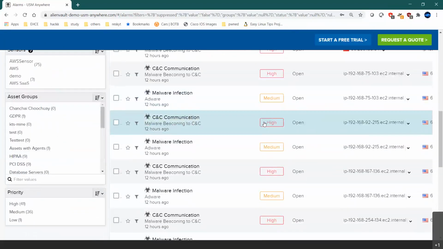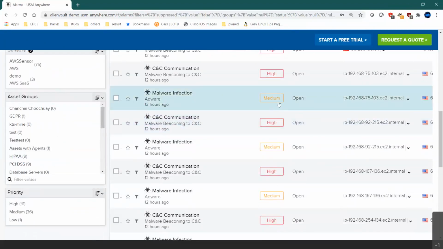Now there's some medium risk, right? So on one of the LAN computers, 192.168.75.103, there is an adware identified. Now who is giving me all these updates? The antivirus application which is installed on the LAN computer is giving this log. SIEM is analyzing it and telling us that, see, from your anti-malware, I have got this log, right? And this is what is happening in the network.